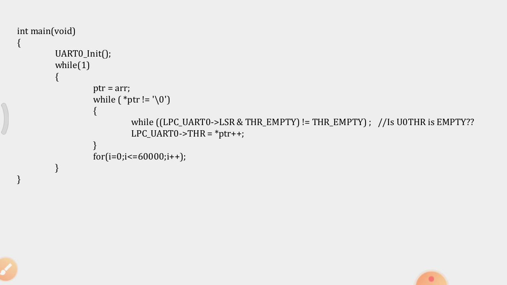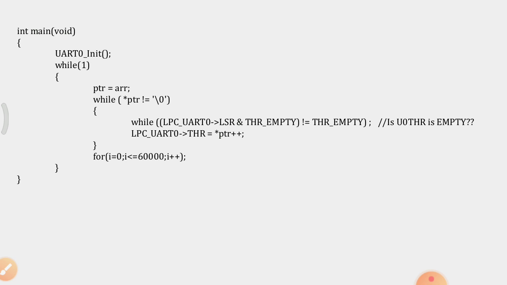So LSR, if the data is empty, which is enabled in the LSR, the bit 5 is going to be equal to 1, and that as well as the THR empty value are equal, then the THR is not empty. If they are not equal to the THR empty, then the next data has to be sent. So therefore LPC_UART